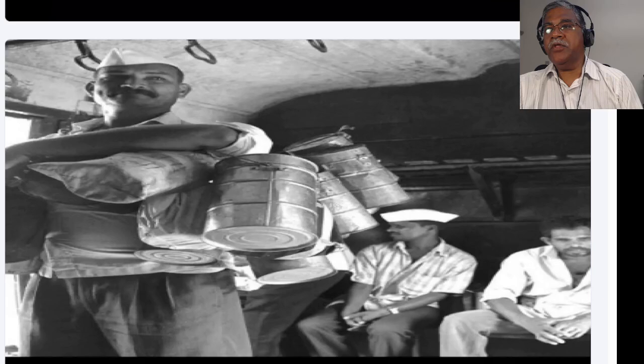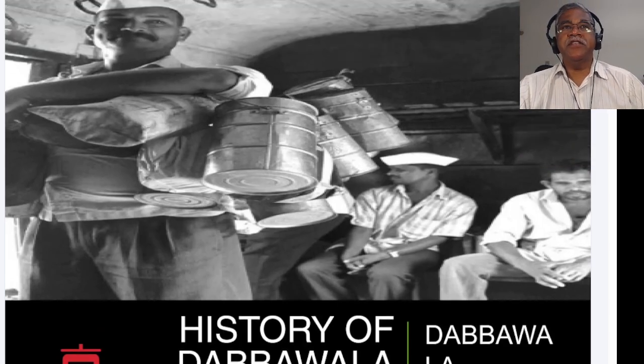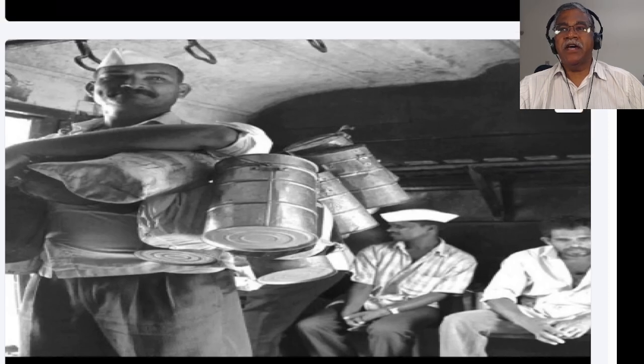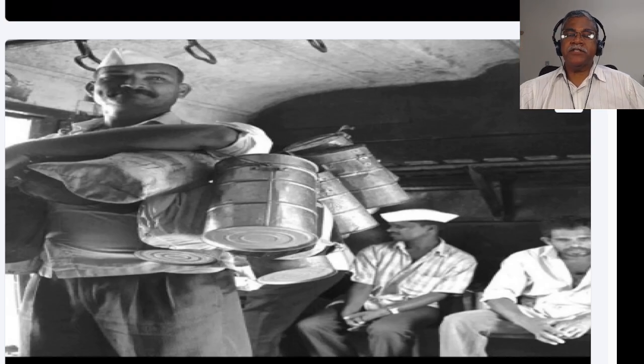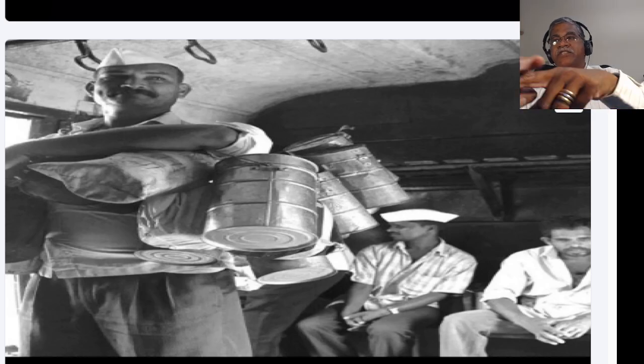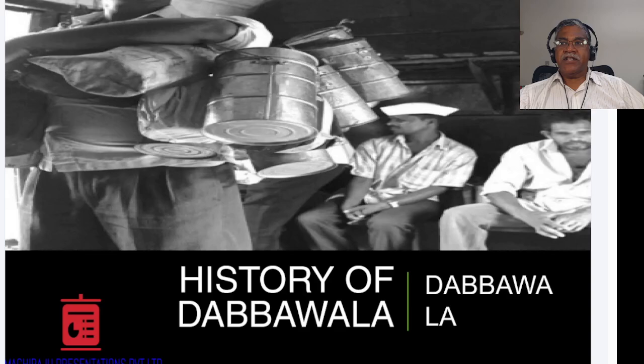Okay. All right. So what do these guys do? As you can see, they don't seem sophisticated or anything. They just seem regular. They wear this hat, which used to be called the Gandhi hat after Mahatma Gandhi. And here they have all these boxes around them. And the local trains in Mumbai have one or two compartments which have only seats around the sides, so you can actually move these big containers in there, right? So it's actually designed for these guys.